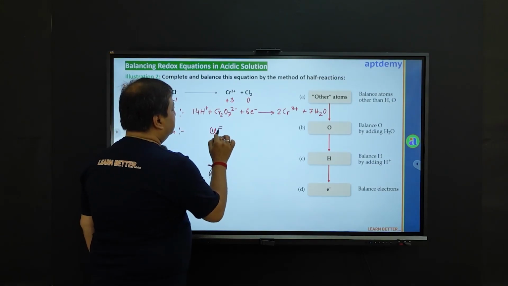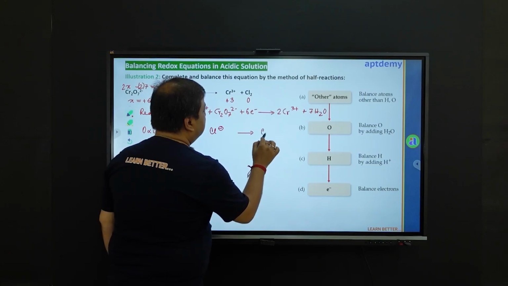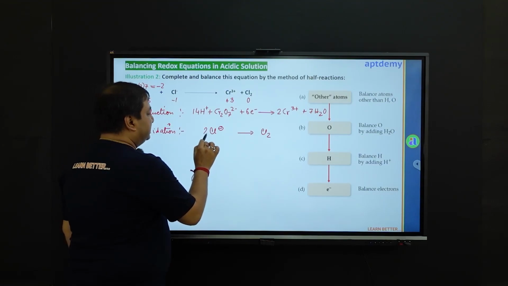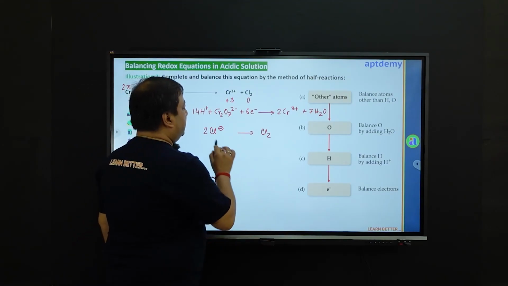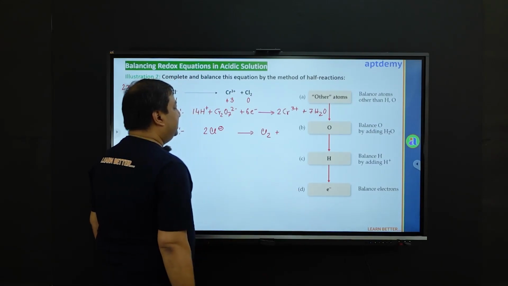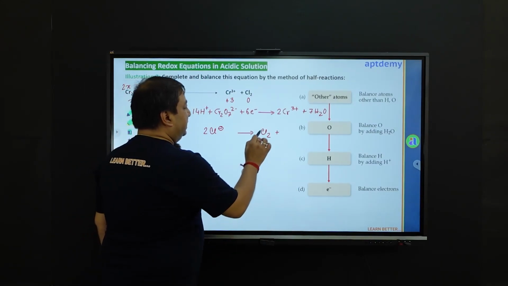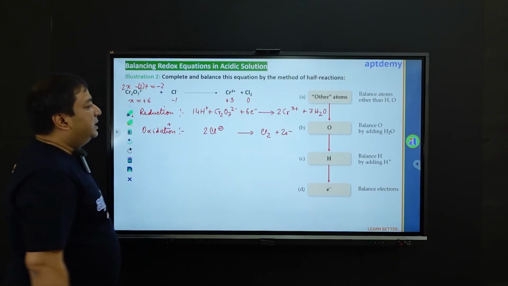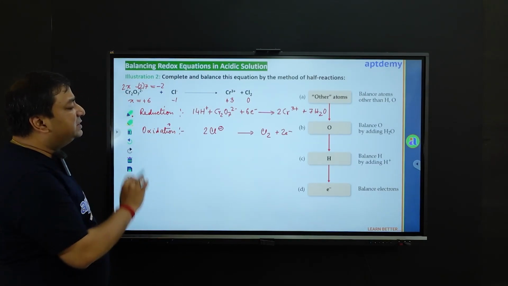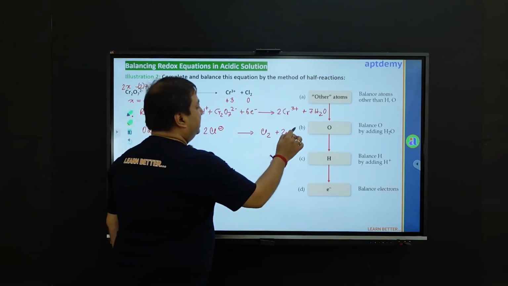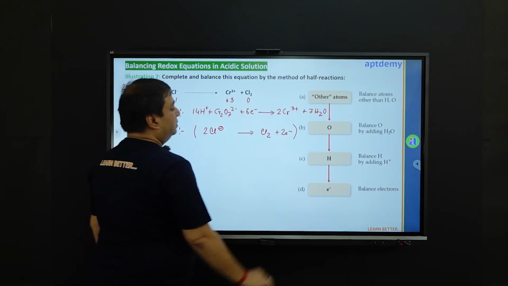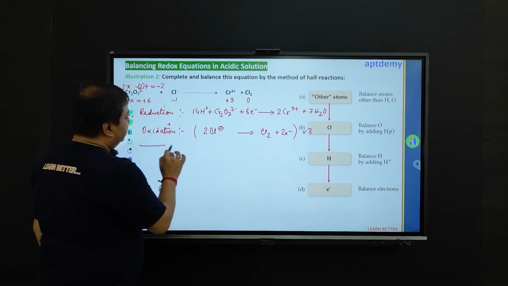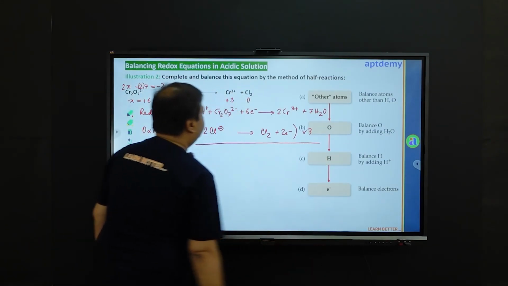and we would write Cl minus going to Cl2 gas. There are 2 chlorine on the right hand side, so on the left hand side there should be 2 chloride, and now the loss of electron from each chloride is 1, leading to the formation of Cl2. So in total it is losing 2 electrons. Now in equation 1 and equation 2 we can see there is an imbalance of electrons, so we have to multiply equation 2 throughout with integer 3, and now we will combine these equations to get the final equation, and